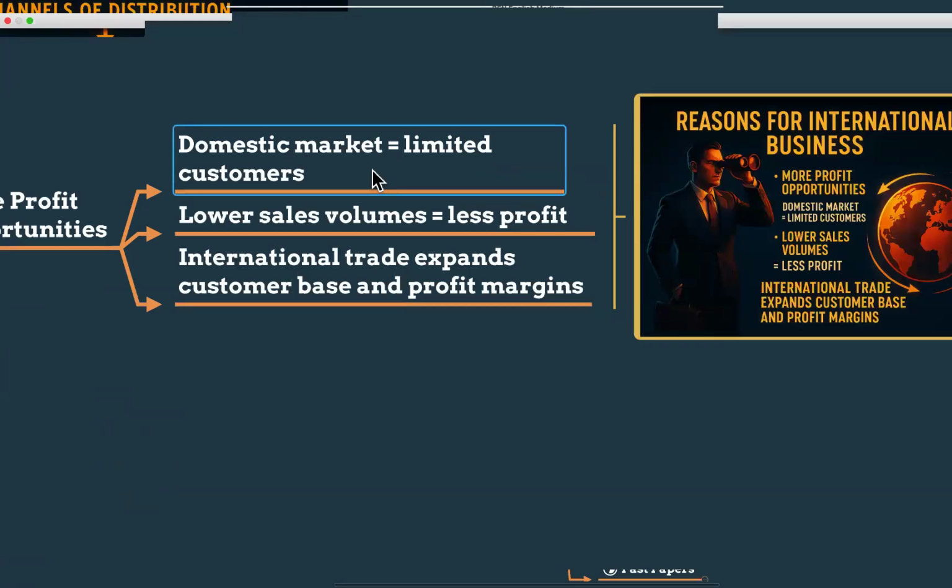But think about the international market, right? International trade expands the customer base as well as our profit margins. Unlimited potential. The world has 8 billion people, my dears. Think about 8 billion people. If you're going to do business, your ultimate target should be international. You have to serve the 8 billion people, not just 22 million people in Sri Lanka. That's my aim, my vision.